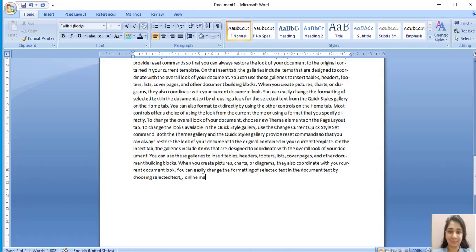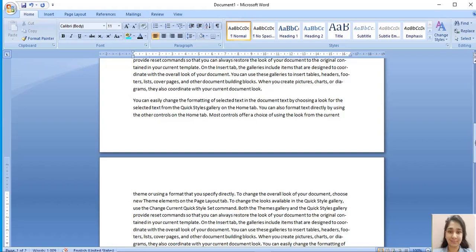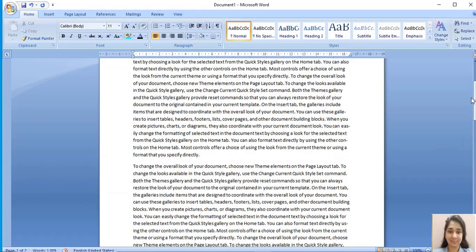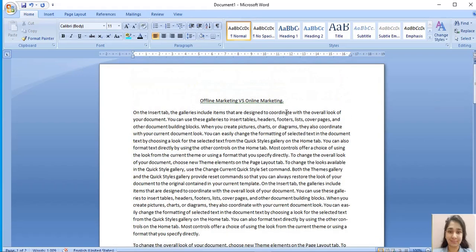Online marketing is better as compared to offline marketing. Okay, so you know that I have just created dummy text in this document. I have not written this passage manually by typing. I just used the random function to create the dummy data, right? So let me tell you, if you start typing in this document, you might